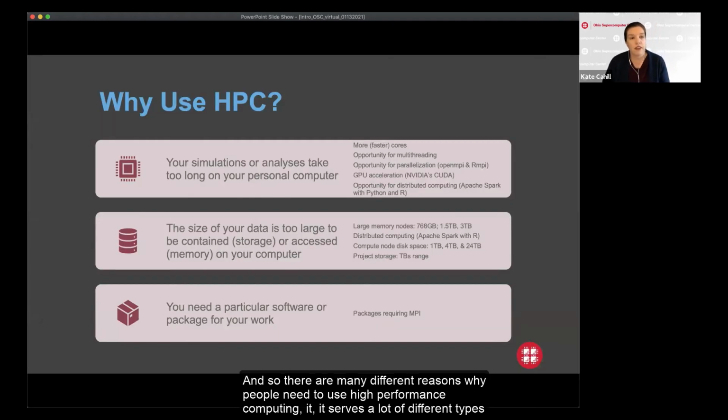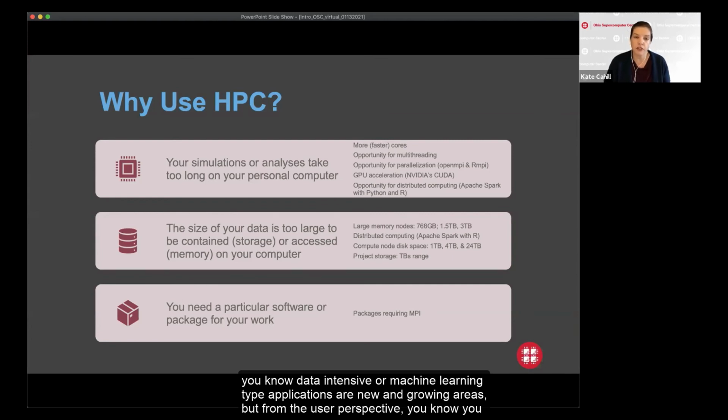And so there are many different reasons why people need to use high performance computing. It serves a lot of different types of calculations. And certainly in recent years, a lot of new types of calculations have been developed. So, data intensive or machine learning type applications are new and growing areas.